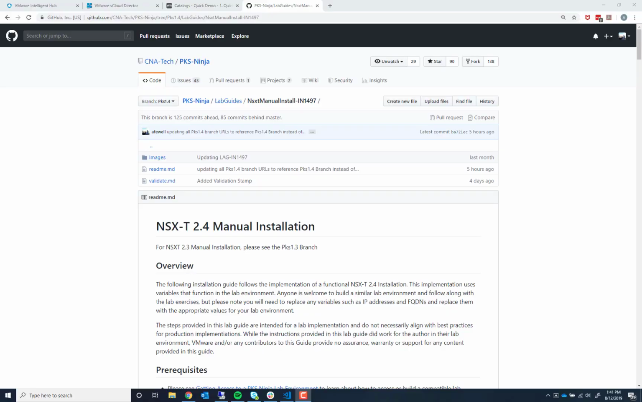Hello and welcome. This is Art Fuel, and today I'll be walking through an NSX-T 2.4 manual installation. We're going to be using the PKS-Ninja-Lab guide for this installation, so you can follow along with the lab guide